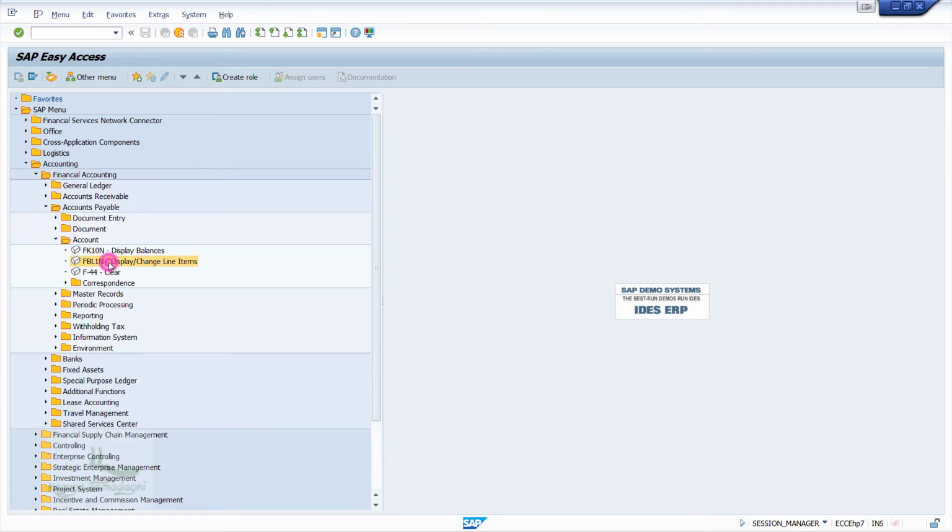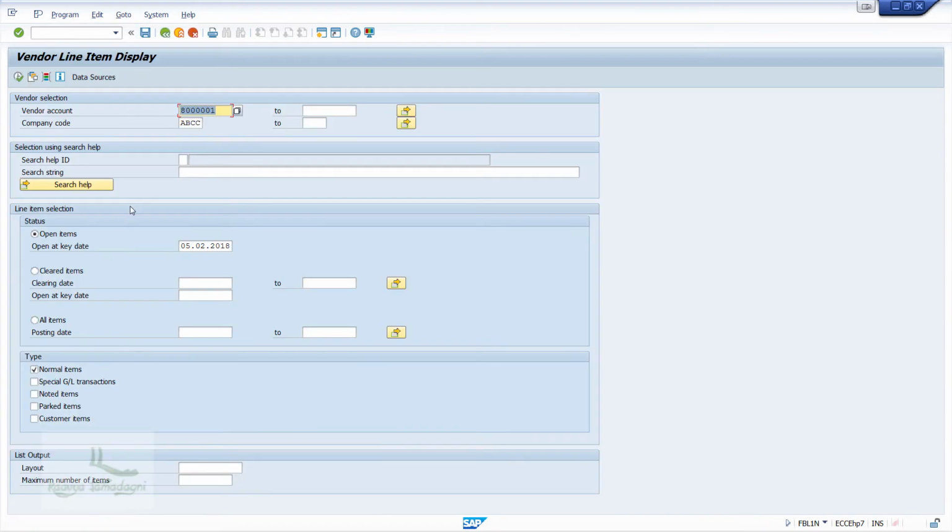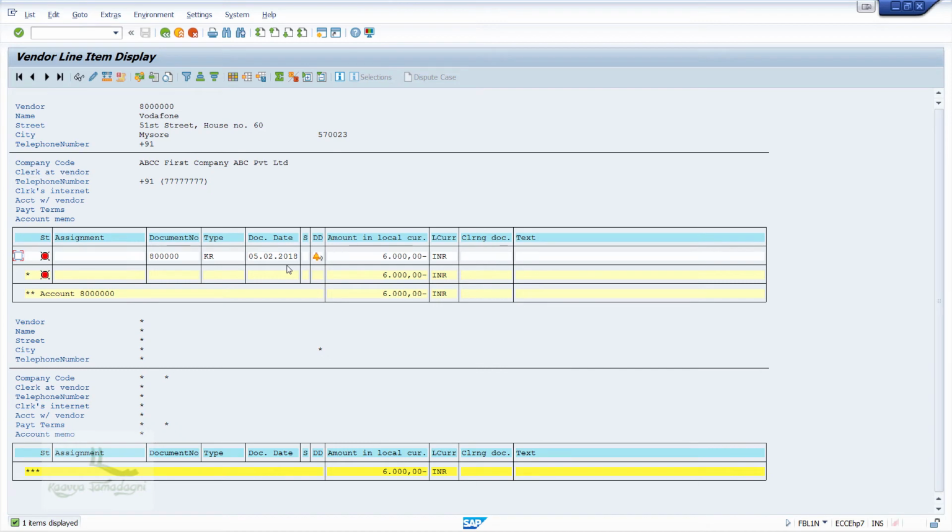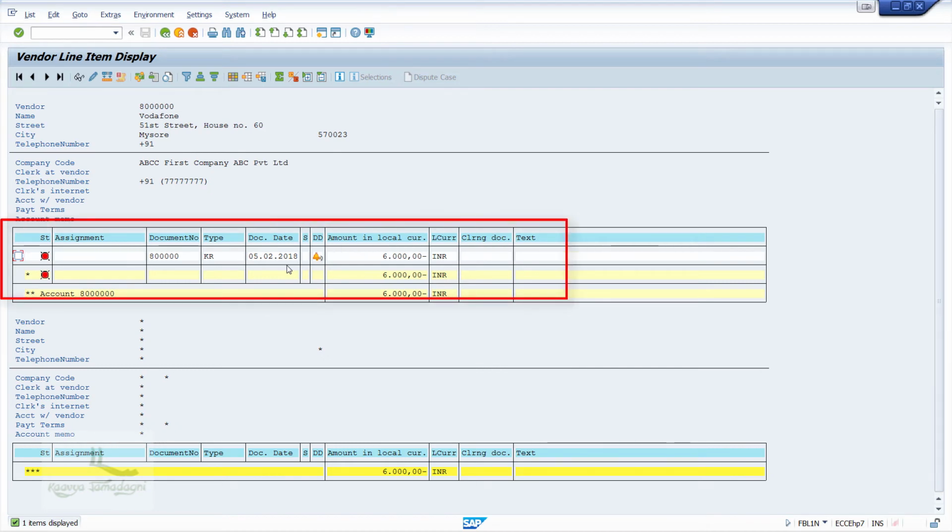When you double click on display or change line items, the system will navigate us to the new window wherein you have to enter the account number as vendor number, company code, and select all items and click on execute button. As soon as you click on execute button, you will get this screen. Observe here. You can see an open item against the vendor account, that is 8 followed by 6 zeros